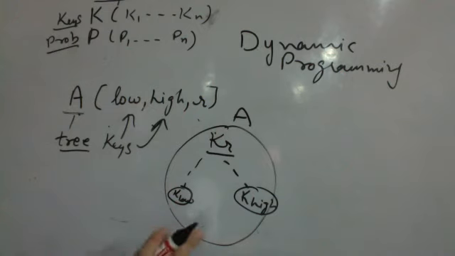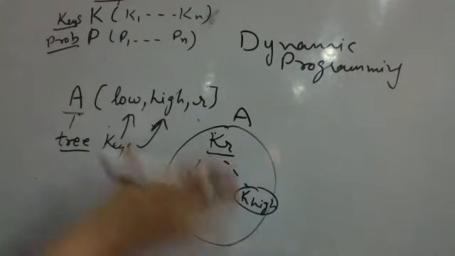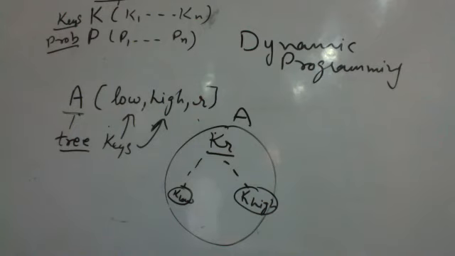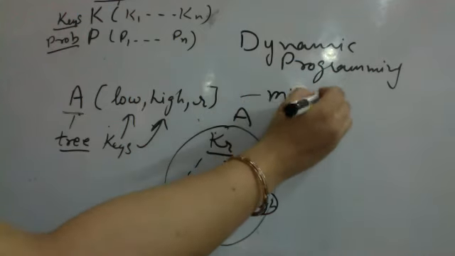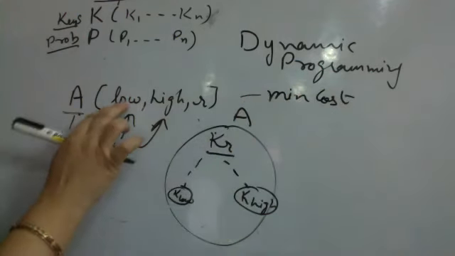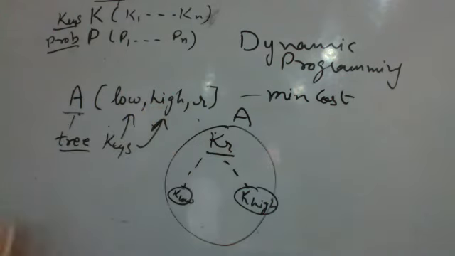In case the tree is having only 3 elements, it will be very clear. In case the tree is having only 2 elements, it will be obvious. Later on, we keep on building the tree. So A is representing the minimum cost of searching in the tree with keys running from low to high and R as the root. Then this A will be optimal. So this A, the cost of searching in a tree, is what we want to optimize. So let us try to find how we can calculate A.